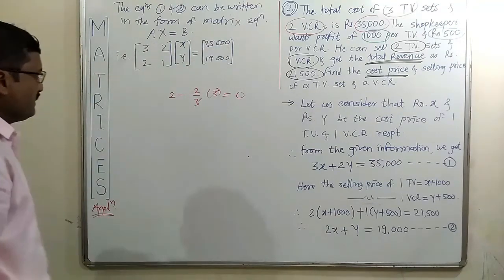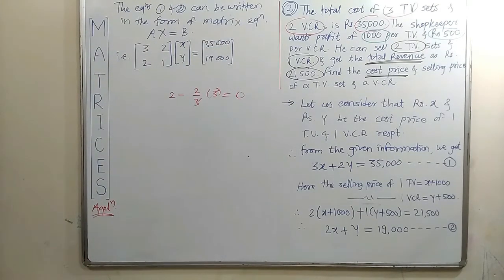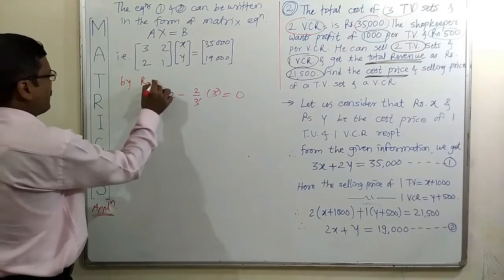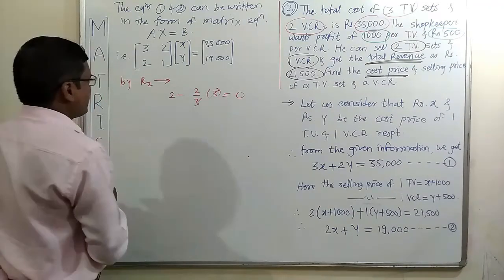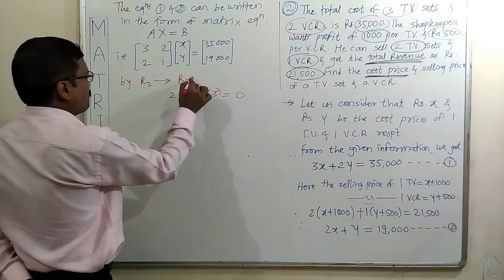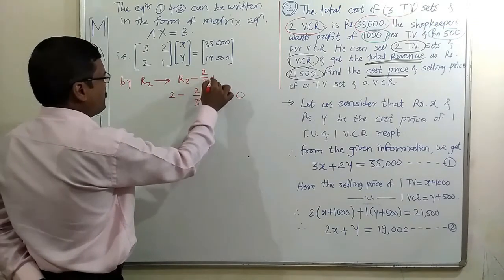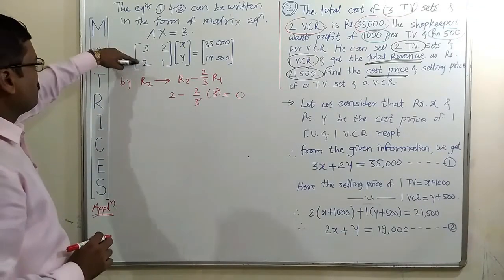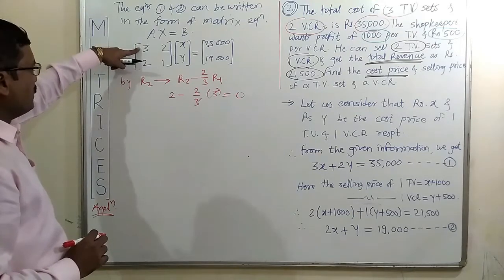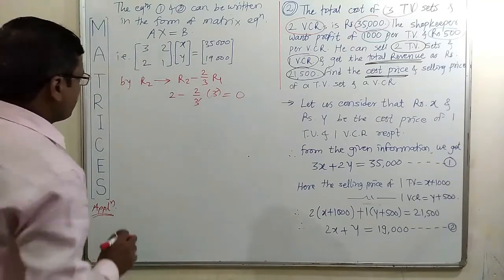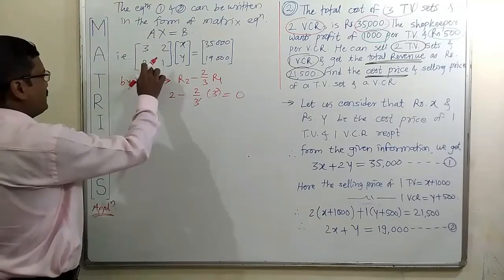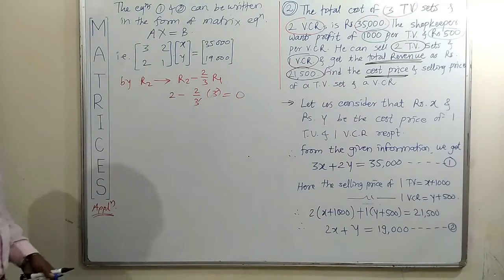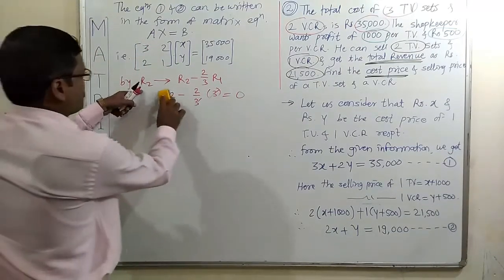Operate the same operation for that row. So I will write here R2 changes such that R2 minus 2 by 3 of R1. Otherwise, you have to make this 3 into 1. For that, you can take the subtraction, 3 minus 2, it will be 1. Then R2 minus twice of R1. If you follow 2 steps, then also you will get 0 here. But without converting this element into 1, we can convert this into 0. For that, we choose this operation.